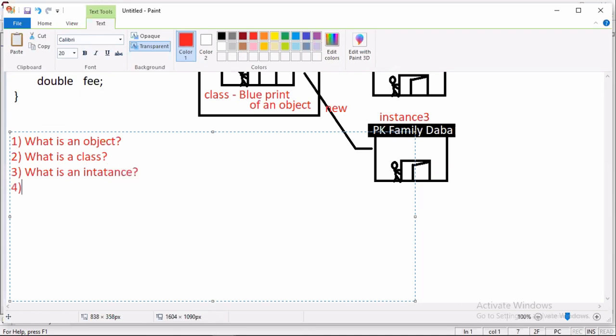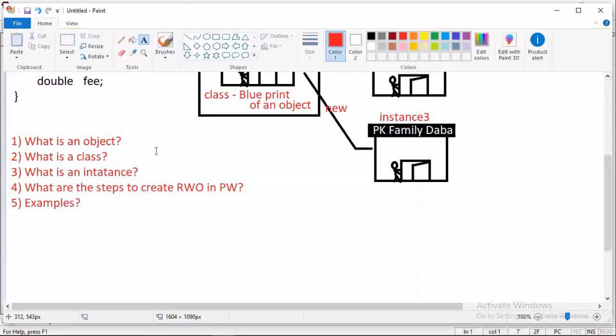Fourth, what is the procedure or steps to create a real world object in programming world. And fifth, you should think about examples. These are the 5 points I have covered.